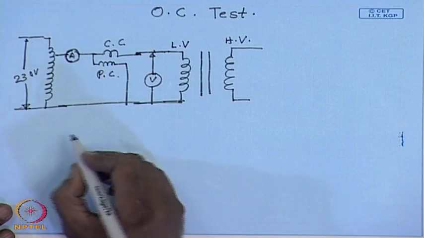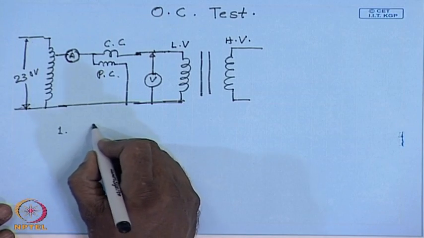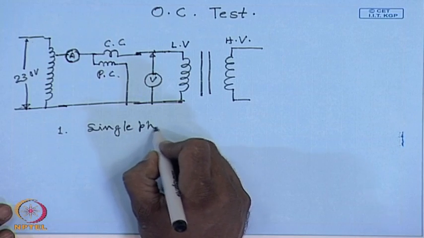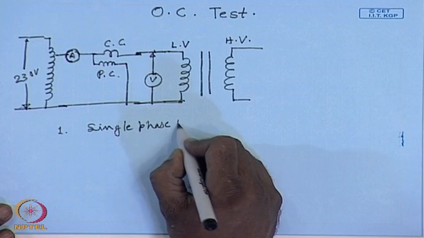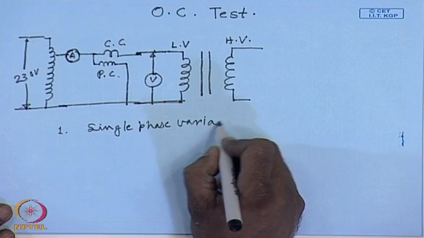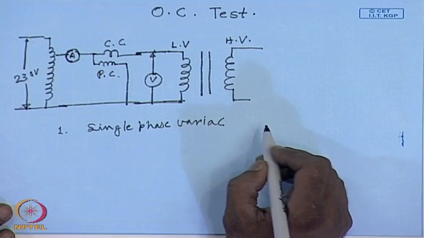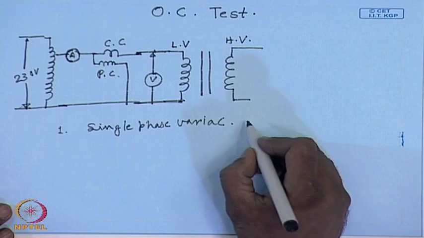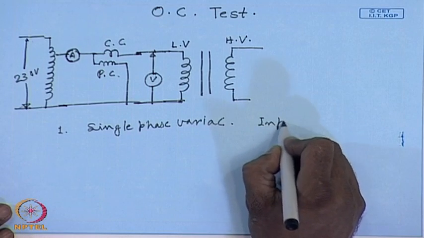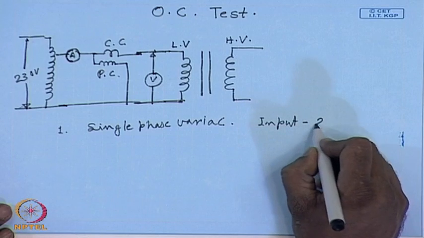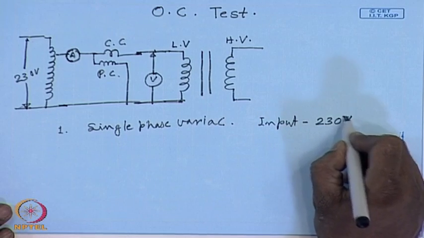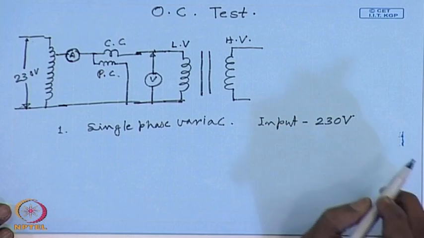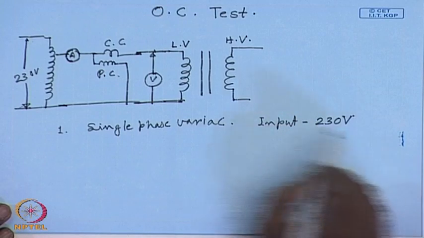So, now let us see what is needed. One is a single phase variac. Its input voltage will be 230 volts. All variacs will give you a voltage at least up to the input voltage. So, this voltage rating is sufficient. The current drawn